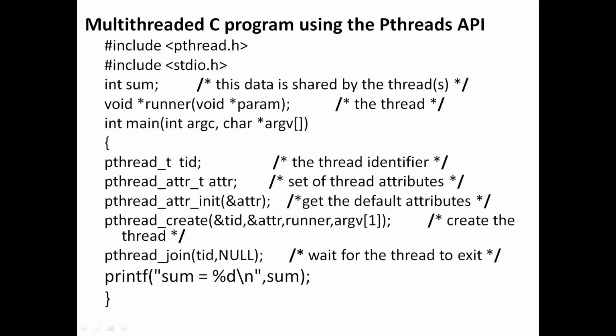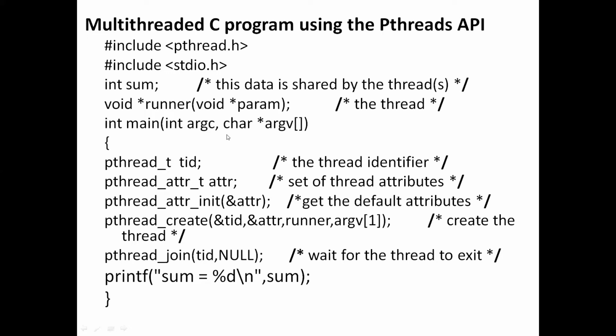Here, this int argc comma char argv specifies that it takes command line arguments as input. The main method is taking command line arguments as input. Here we have two parameters for this main method. The first is int argc, which is nothing but argument count. That specifies the number of arguments we pass to this main method.